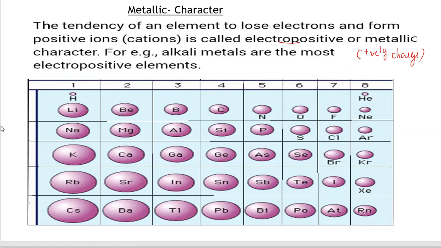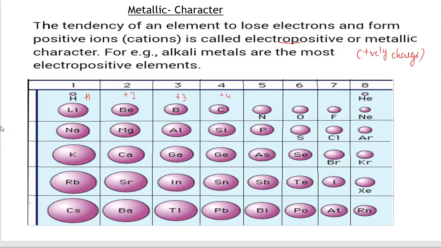Metals have a tendency to lose electrons and form positively charged ions. First, 1 electron is easy to remove, for 2 electrons we have to give some energy, for 3 more energy is required, 4 more energy, then 5, 6, 7,